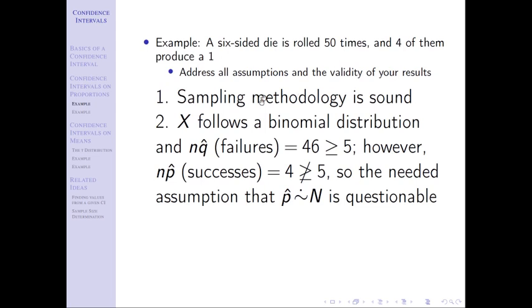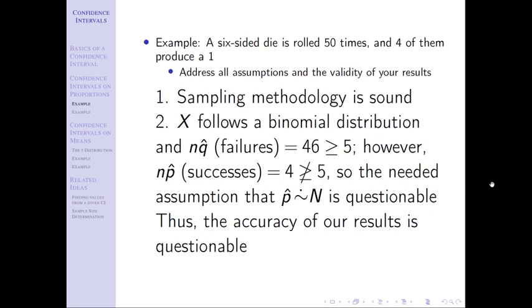Notice I've got good sampling. That's one thing I've got to consider. If anything falls apart here, it's a problem, right? This is pretty good. This is good. This is good, this is not good. It's off by 1. So it's one of those where I might have a little bit of an issue. If this is off by more than 1, I have a bigger issue, right? So I have maybe a moderate issue, a mild to moderate issue here. If this is 4.9, I'd say that's a very minor issue. If it's 4, it's a little bit bigger. If it's 2, it's really big, right? So I'm just going to come back and I'm going to make sure that I conclude with some statement about my results.